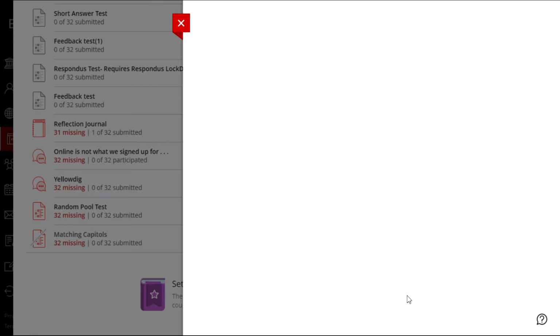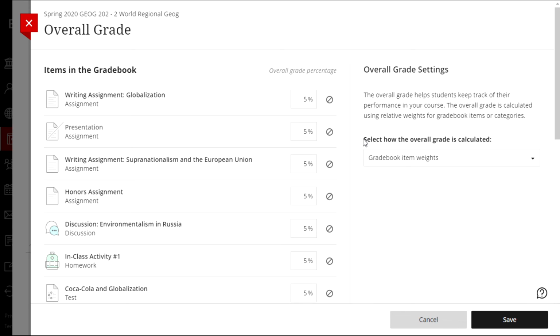I'm going to set up the overall grade and make sure that under the overall grade settings, I've chosen the gradebook item weights as opposed to the category weights. This lets me set an overall grade percentage for each of the assessments in my course. What I need to do then is fill out this page according to the overall percent that each assessment is